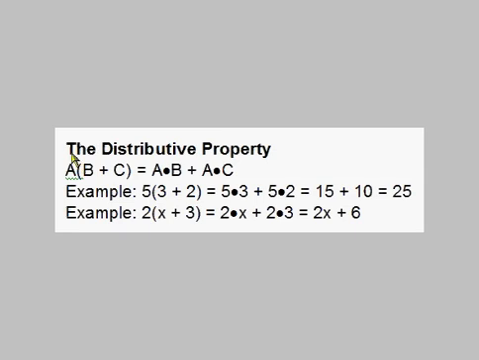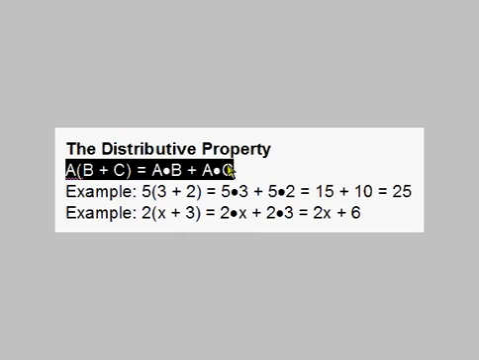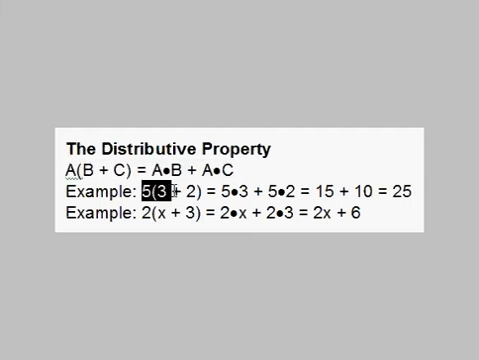Now we're going to look at the distributive property. The distributive property says A times the quantity B plus C equals A times B plus A times C. That's a little bit abstract, so let's look at a numerical example of that. If I have 5 times the quantity 3 plus 2, that will give me 5 times 3 plus 5 times 2,